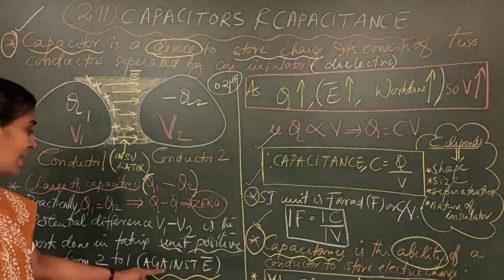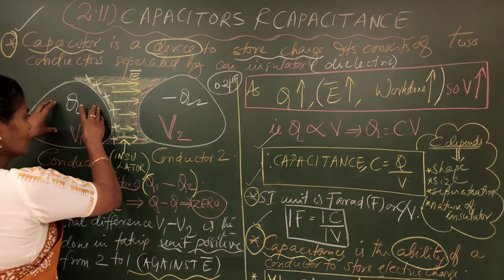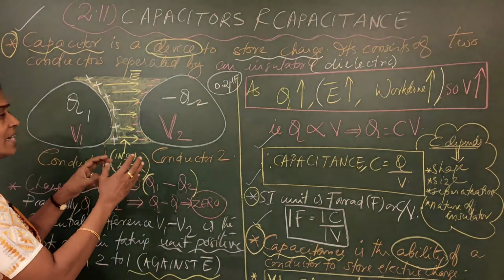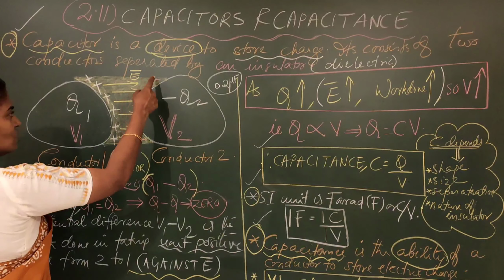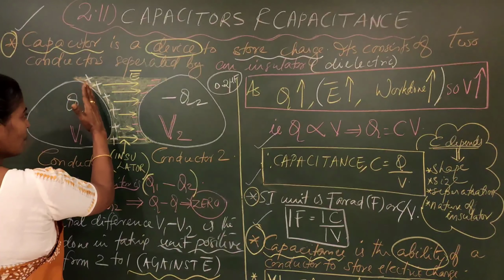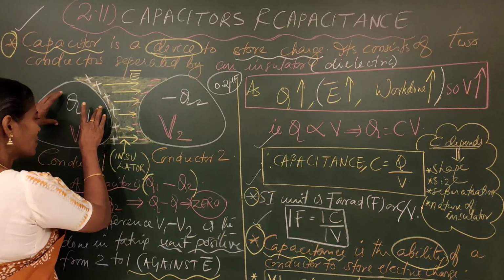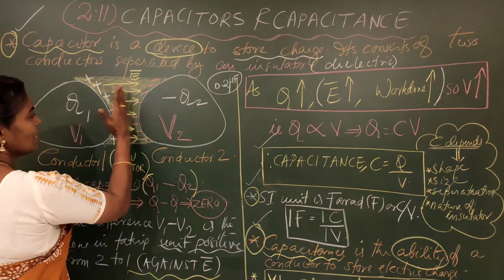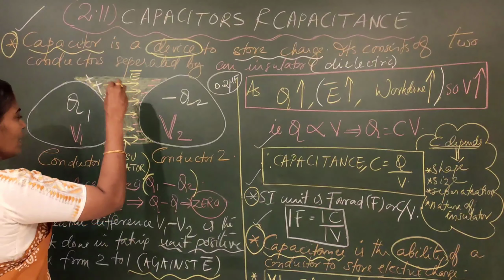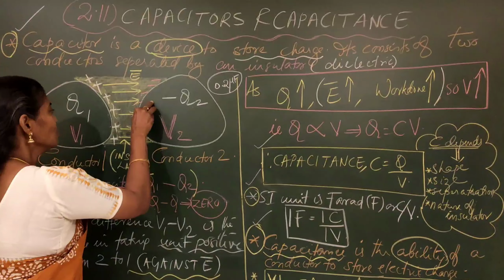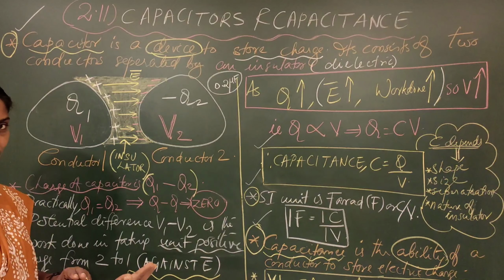Why? It should be against the electric field. What is the electric field here? You know, this is a positive charge, this is a negative charge. Definitely the electric field will be from 1 to 2. This is the positive end, this is the negative end. So the electric field is from plus to minus. First lesson we have studied. So if you have a charge plus Q, charge minus Q, in between the electric field is towards the right. So you are doing some amount of work to pick a unit test charge from 2 to 1 against the electric field. Underline the word against.